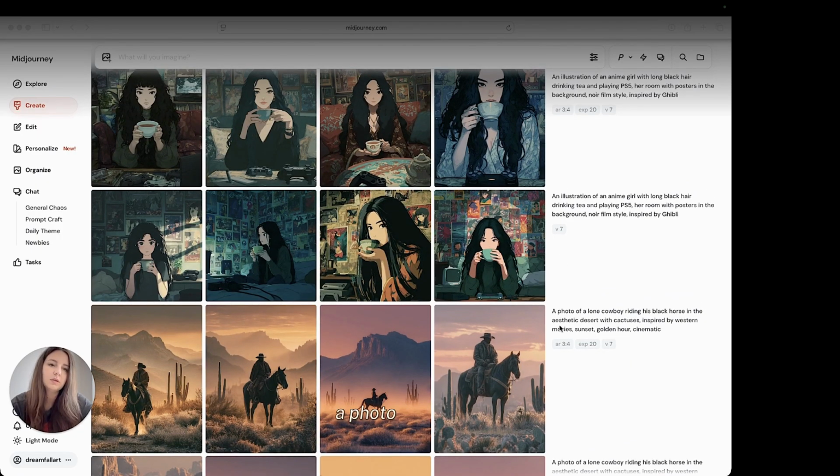medium. What is it? Photo, whatever, an illustration. Again, there was a subject of an anime girl, and then I describe the subject as much as I can, adding what the subject is doing. So: anime girl with long black hair drinking tea and playing PS5, her room with posters in the background. I typically use the background description after the subject, and here I decided to add the style, and also try